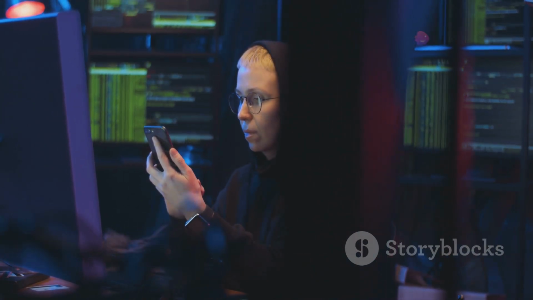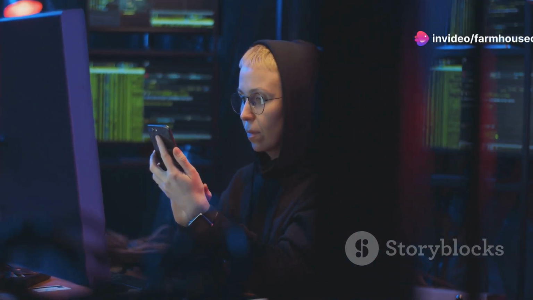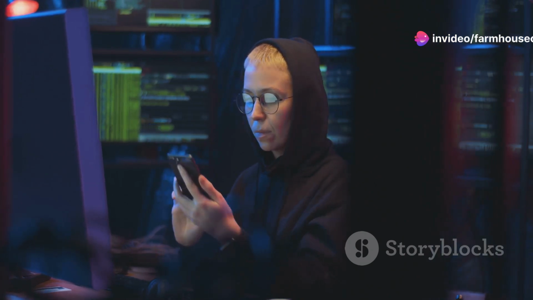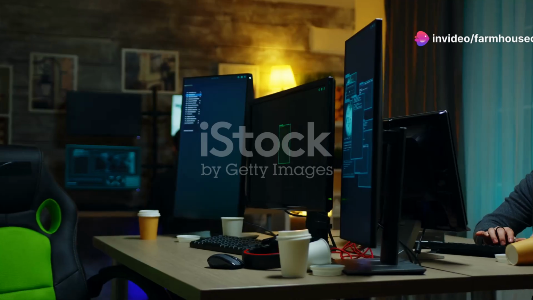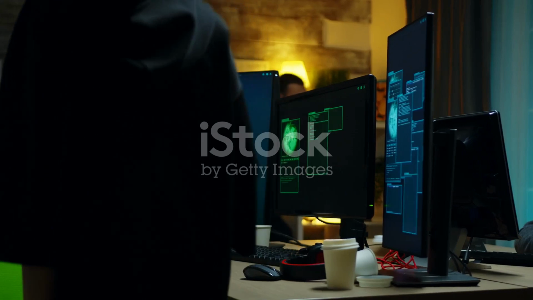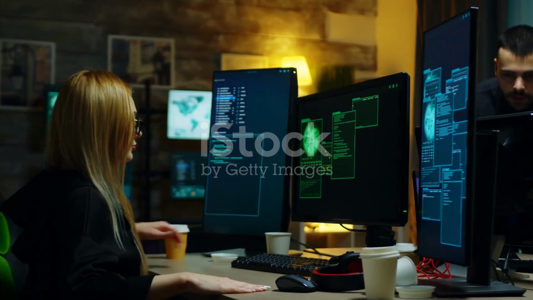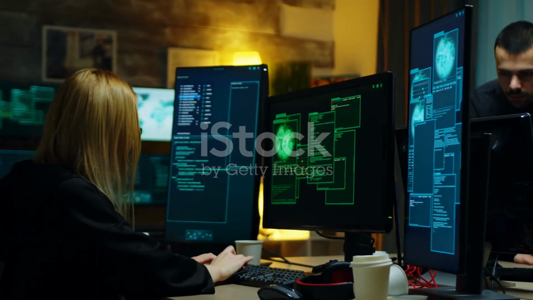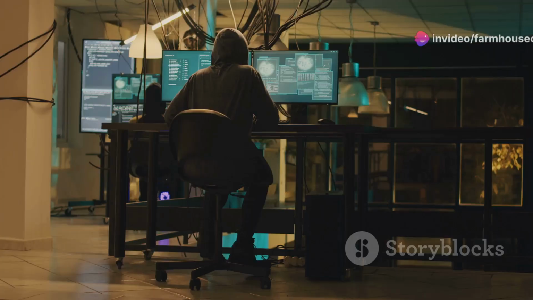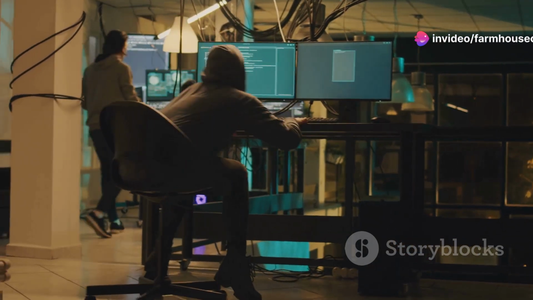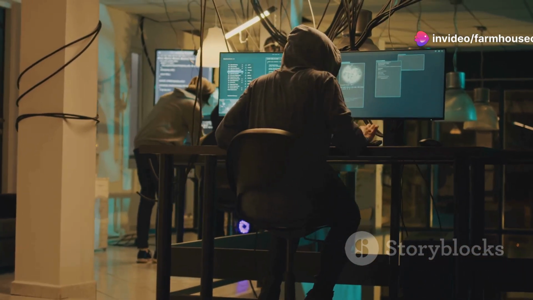Ethical hacking, often referred to as penetration testing, plays a crucial role in today's interconnected world. It involves employing hacking techniques to identify and address security vulnerabilities in computer systems and networks. Ethical hackers operate with permission and adhere to ethical guidelines.